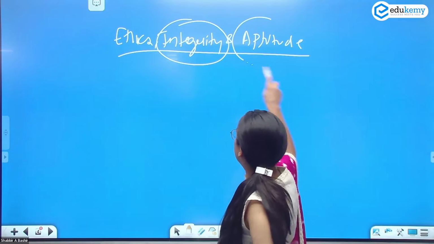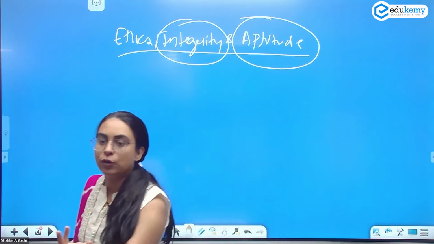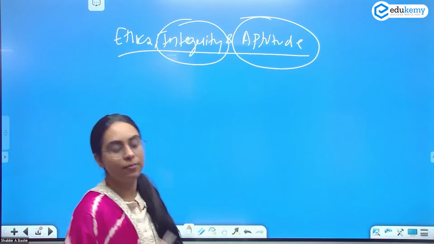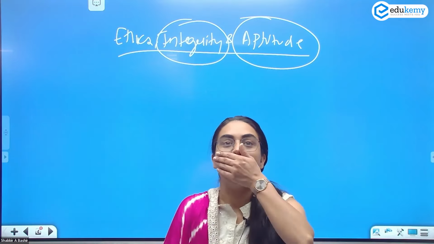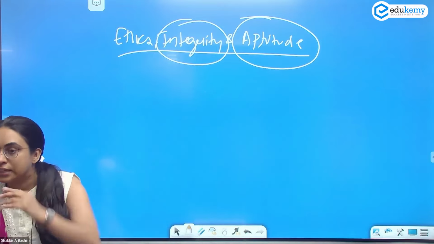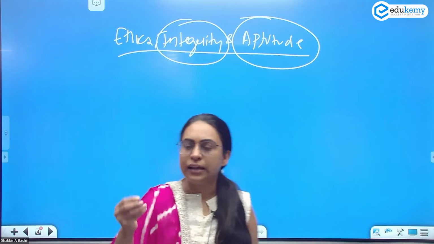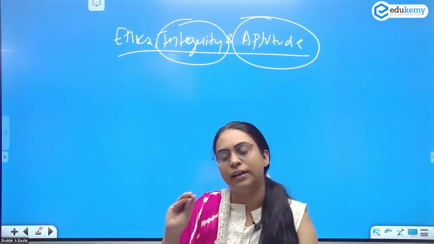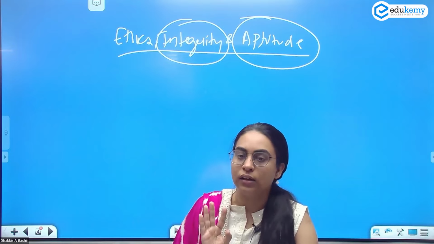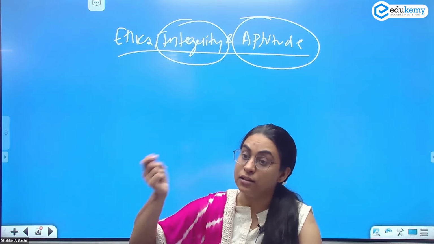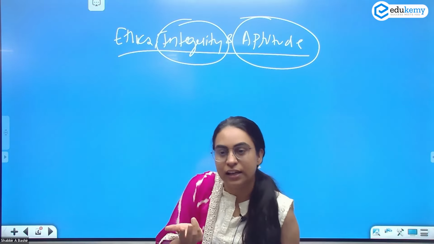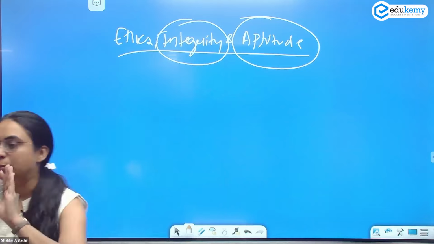Aptitude यानी क्या? Anybody? What is aptitude? I have an aptitude for maths, I have an aptitude for English, I have an aptitude for teaching. What does aptitude mean? Shamta. Okay, ठीक है. Shamta means capacity. Aptitude means basically a skill that is generally inborn but can also be acquired. आपके अंदर inborn एक talent होता है, drawing का talent है, singing का talent है, dancing का talent है, but it can also be acquired. So it's a skill. It is a skill that is generally inborn or that can be acquired.